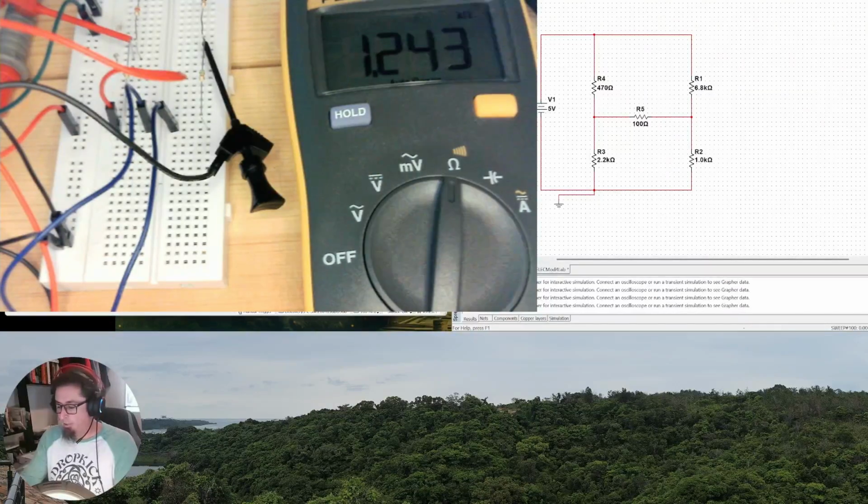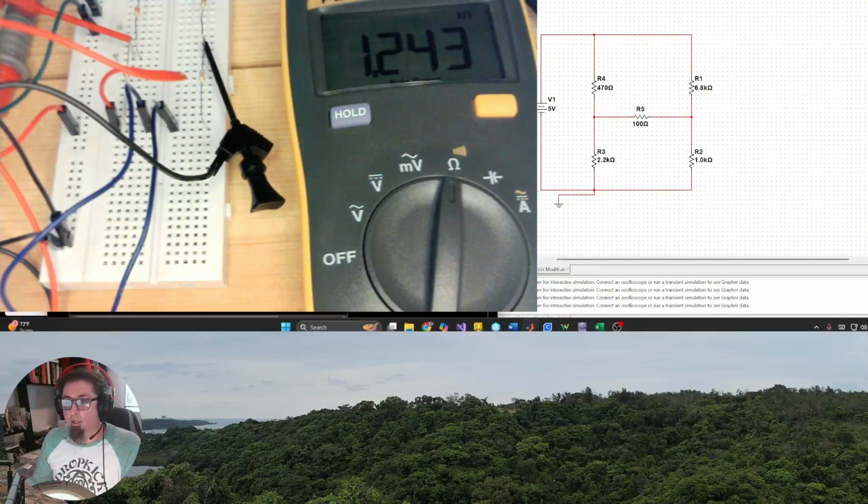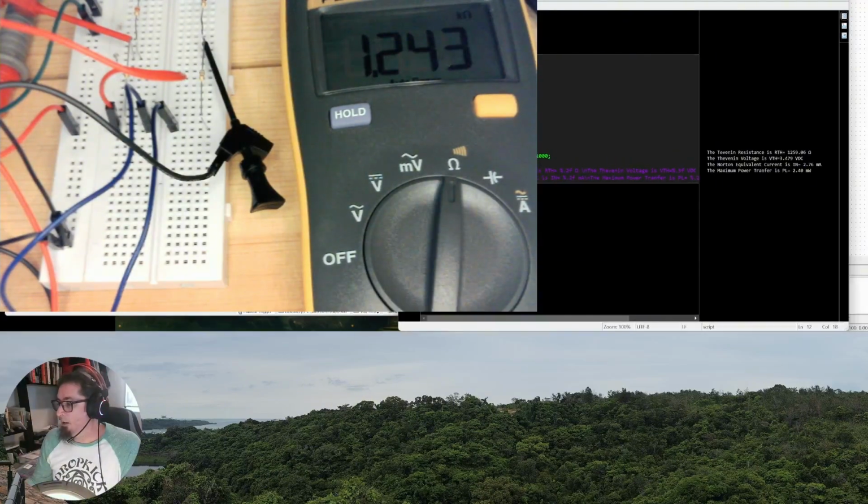Okay, now let's look at our breadboard setup over here. Now I have it currently set up to read for Thevenin resistance, and if we remember what our Thevenin resistance was, it was back up over here so we can just see it on my screen. Thevenin resistance was about 1259.06 ohms, and we're reading 1243. Now keep in mind we have slightly different resistors, and we'll go through those numbers of the alternated numbers,